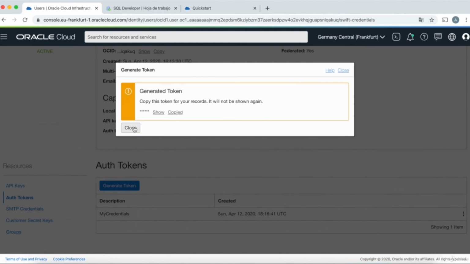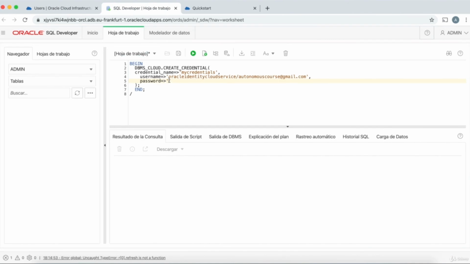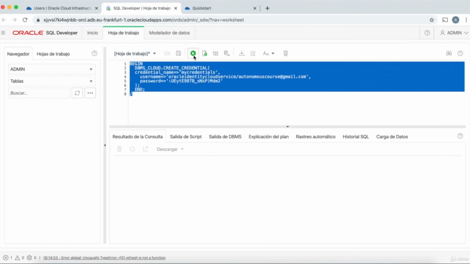This will never be shown again. So copy it in a safe place, or maybe you need to create a credential every time that you need it, and you will see it's a specific password and it's not very easy to remember, so keep it safe. Okay, so what I'm going to do is run this specific create credential,